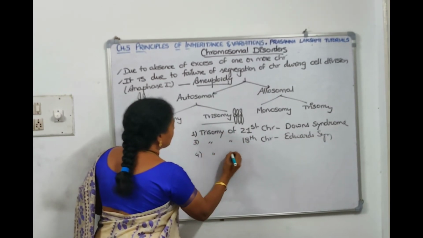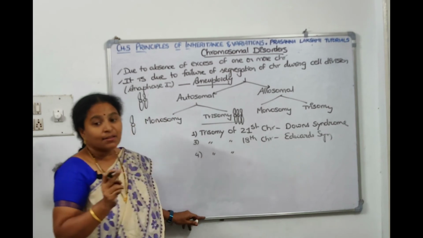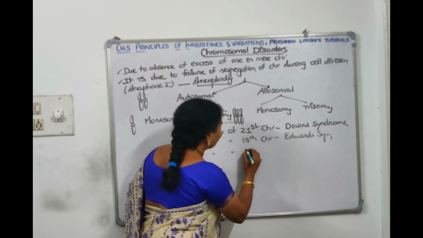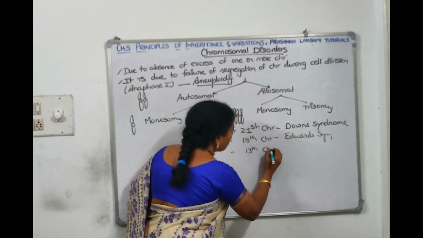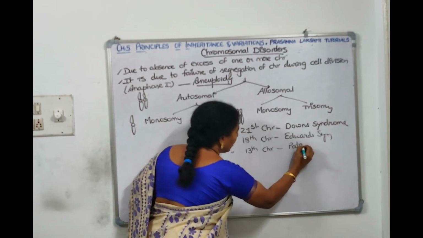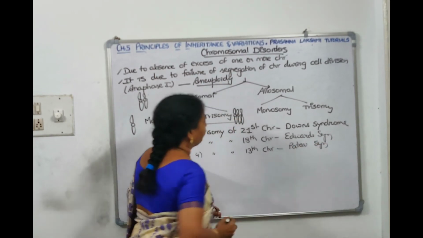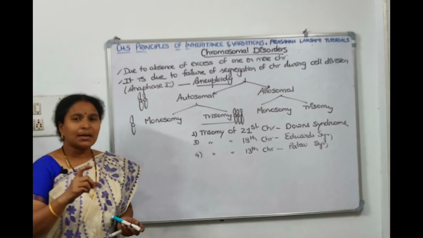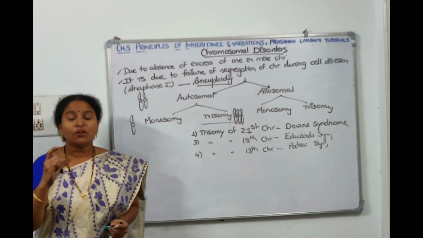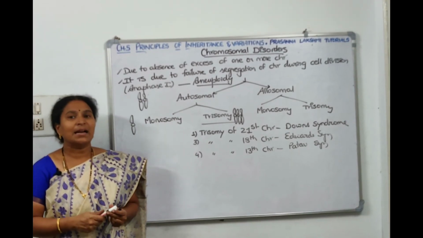Then trisomy of another, the 13th chromosome, is called Patau syndrome, right? And not a complete chromosome, if a bit of chromosome is deleted, then that is called